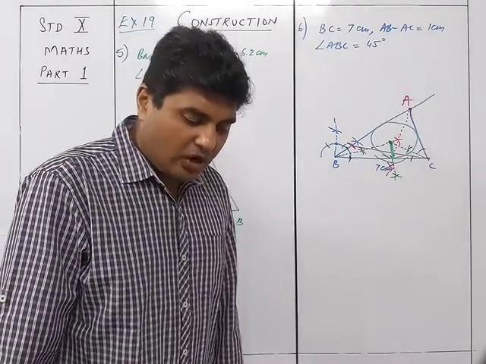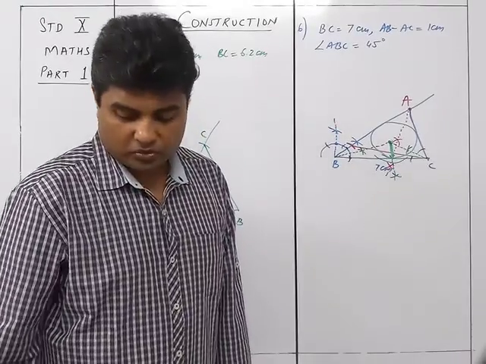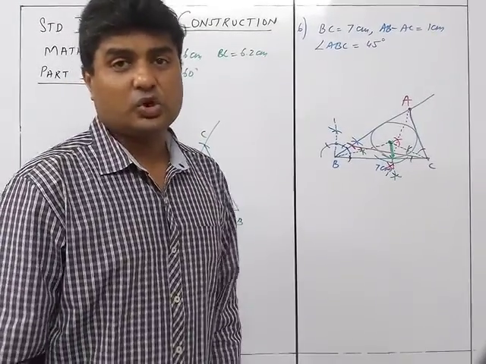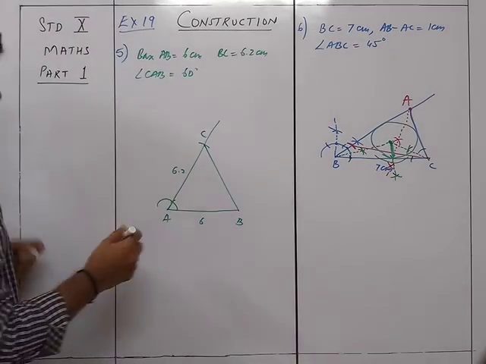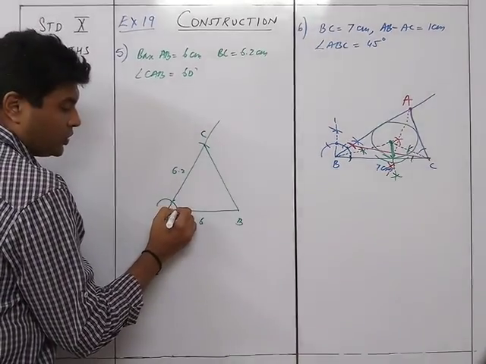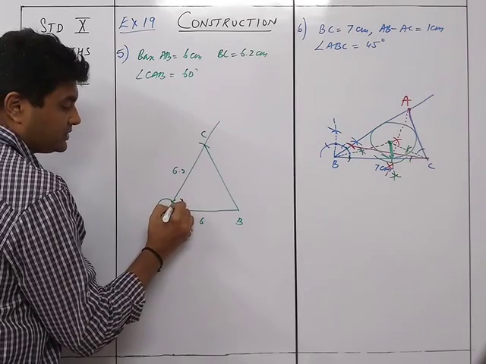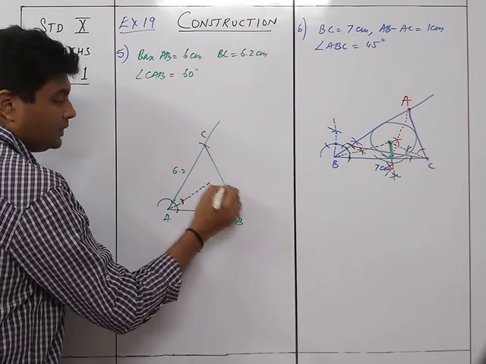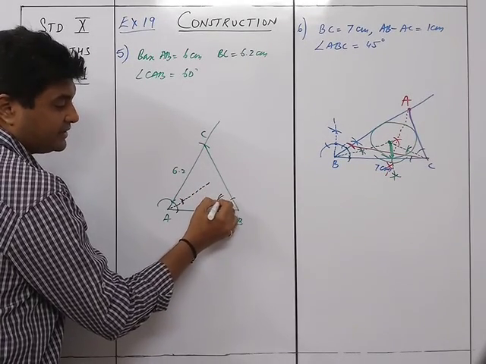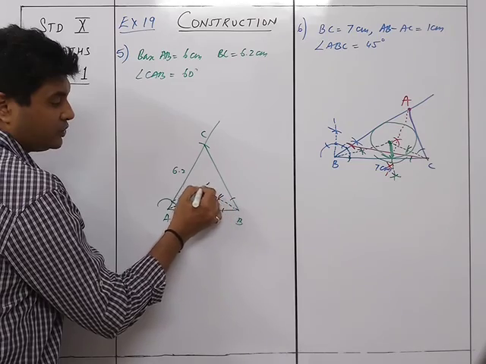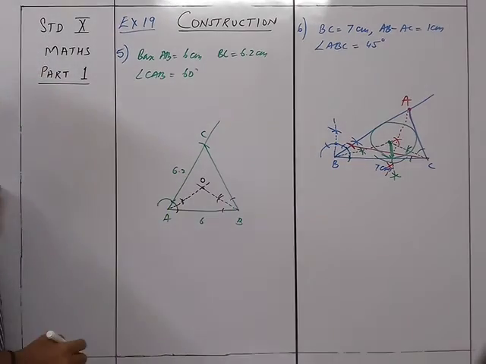In the same diagram, draw a circle which passes through point ABC and mark its center O. So basically, they ask us to draw the incircle because it should pass through ABC. So for the incircle, what do we have to do? We are going to draw the angle bisectors of two angles. So this is the first angle bisector, this is the second angle bisector. This will be the point O.